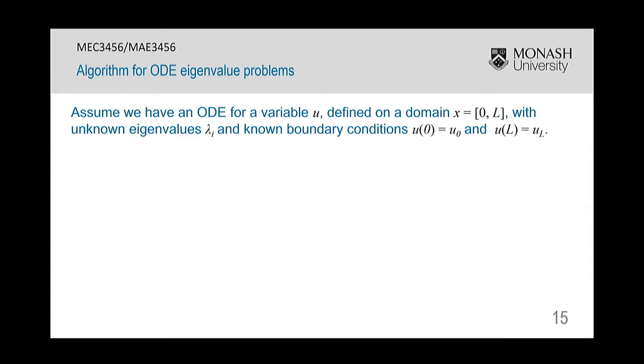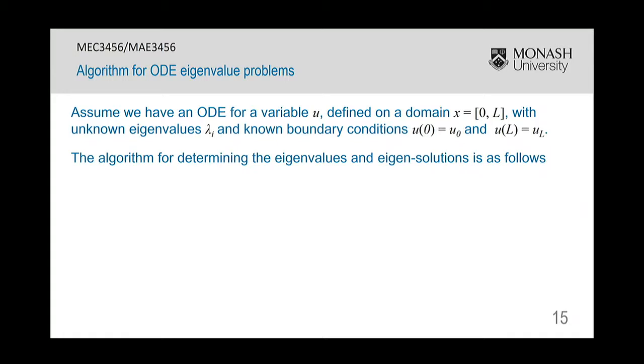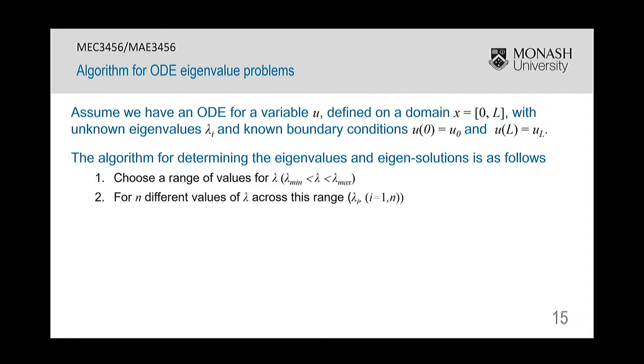So assuming that we have an ODE for a variable u, I'm just now going to summarize what we need to do for the algorithm, and say it's defined on some domain, x goes from 0 to L, with some unknown eigenvalues and known boundary conditions, u of 0 is equal to u0 and u of L is equal to uL. The algorithm for determining eigenvalues and eigensolutions is as follows. Choose a range of values that we want to investigate for lambda, so that they lie between lambda min and lambda max. For n different values across this range,